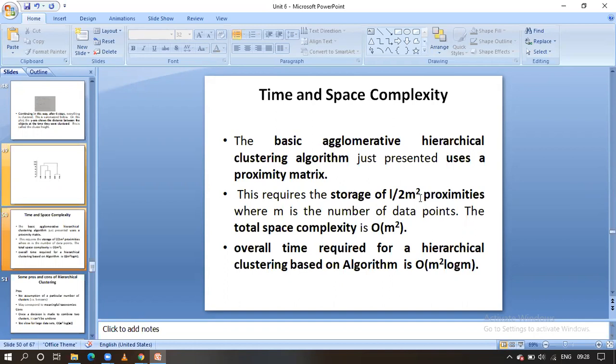Okay, overall, suppose it is an m square matrix, like a 3 by 3 matrix, then we are going to take only half of the values, guys. That is why the storage requirement is order of m square, guys. We have removed this half. Okay, the time complexity related to this one is m square, guys.